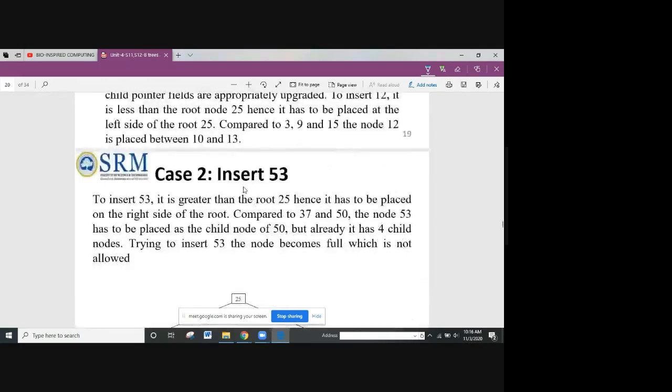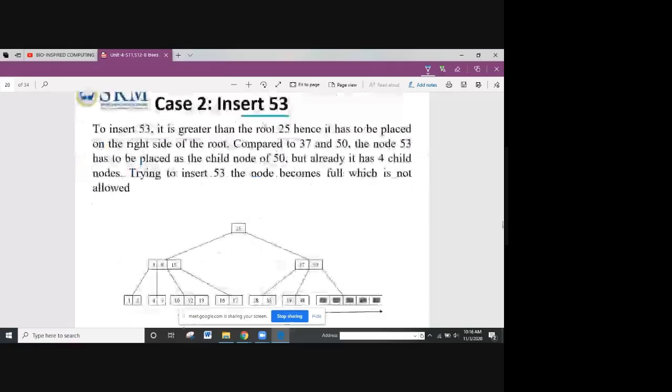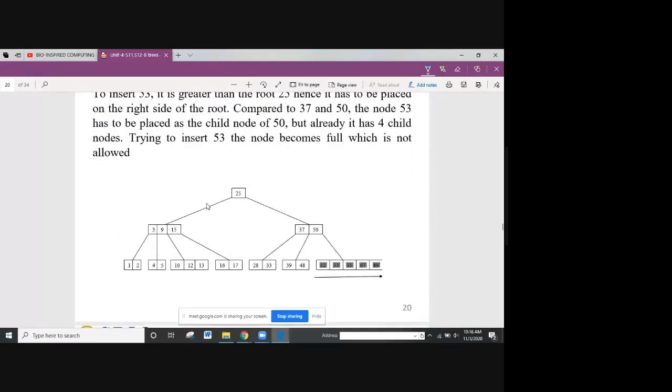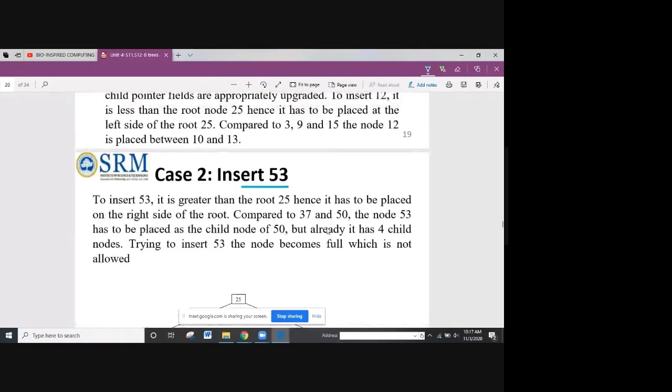Now see here, 53. This case will differ. The explanation I have written here. When you come to 53, 53 should come on the right side of 50 only, because 53 is greater than 25, and 50 is greater than 25. So it will come to the right side of 50. So when it comes to the right side of 50, what happens is